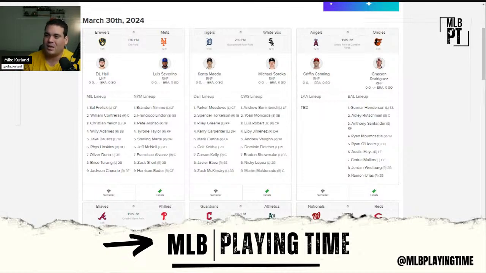So I think we're going to have to see Hayes. I think we're going to have to bump down that projection on Cowser a bit because Hayes is getting that start against righties right away. We'll see what happens. I'm sure Cowser will factor in. That's not really a question, more so a matter of when. But yeah, they kept him up and they optioned depth parts. That's just a weird move.